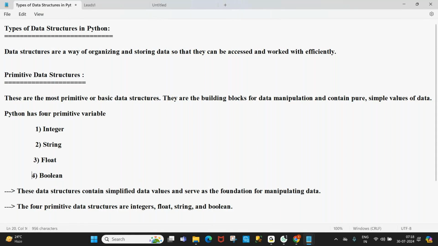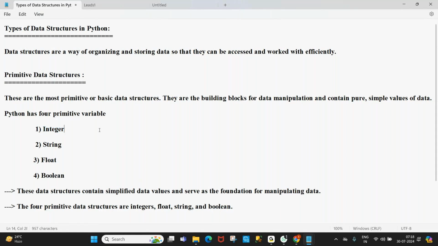These are the four basic data types, basic data structures, or primitive data types or primitive data structures. They can hold simple values.